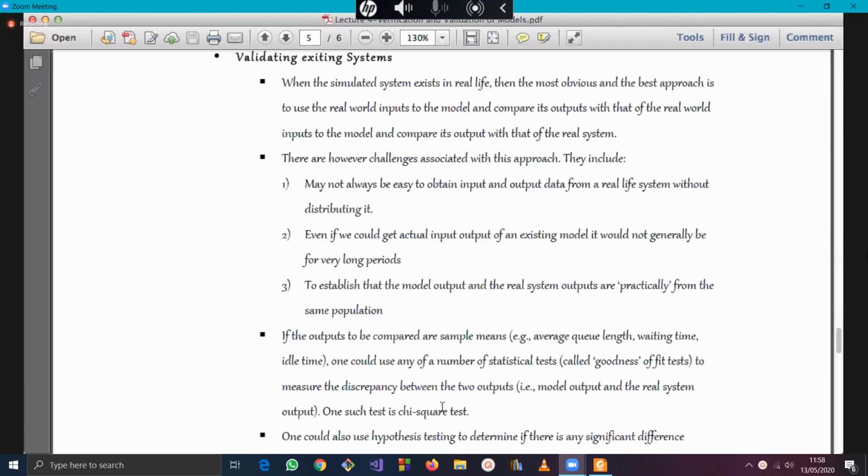Now, each one of these tests is aimed at assisting one to be able to say your model is good or your model is bad. So when we say goodness of fit tests, you are actually trying to say how well does your model fit the data. Maybe I need to explain this a little bit. If you remember,